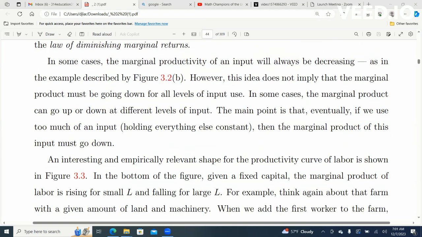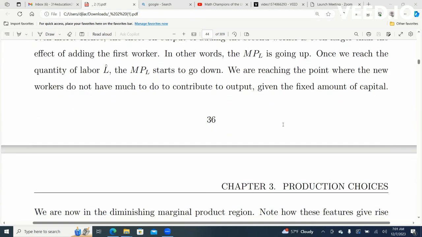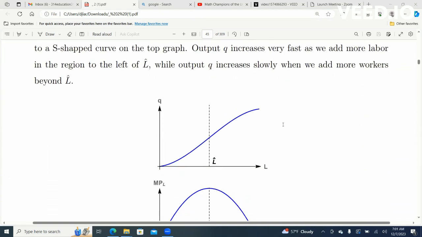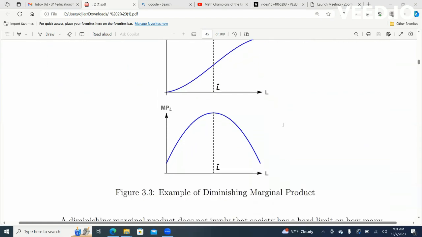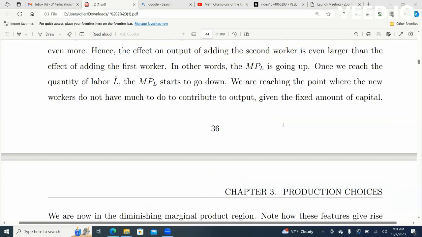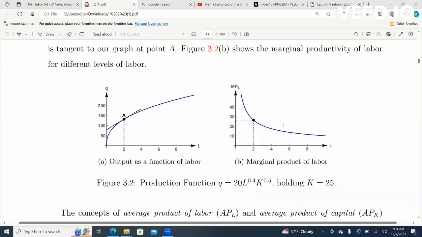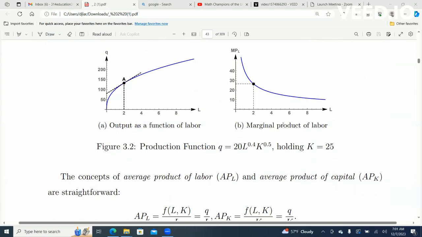They talk about figure 3.2b. And then we have this little L hat, but let's just take a look at, yeah, that's 3.3. I guess they went there, apologies. Okay, so we had said it in the previous video, but 3.2b, yes, 3.2b, on the right, is going to demonstrate the law of diminishing marginal returns,